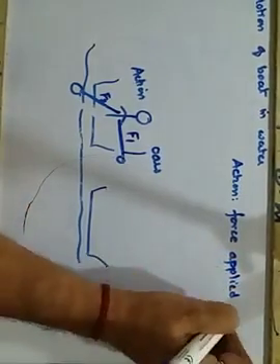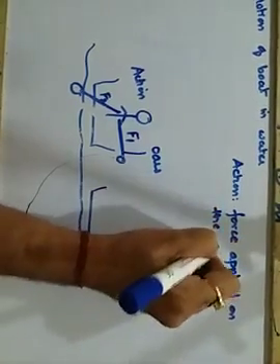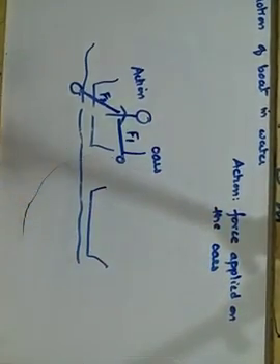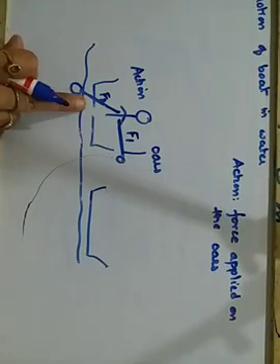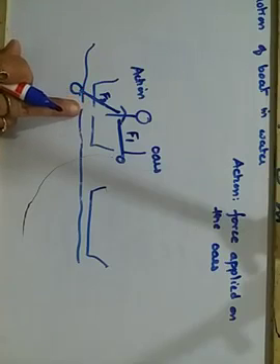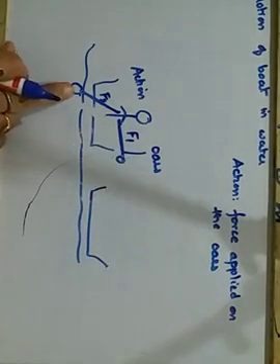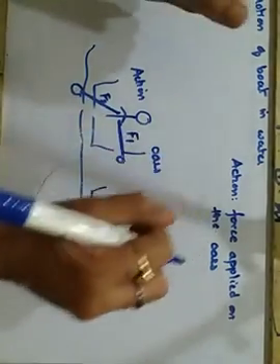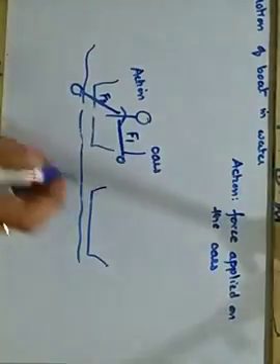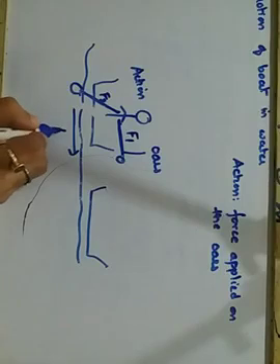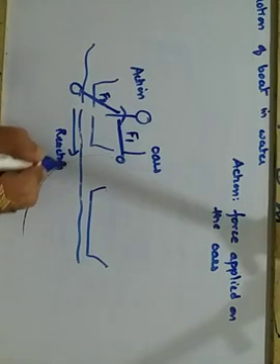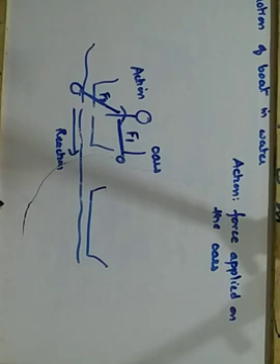The action is the force applied on the oars. So to move the boat ahead in water, the boatman pushes the water backwards with his oars. So what will the water do? When the water is being pushed backwards, it will exert a force in the forward direction. That will be your reaction force, the force reacted by the water, and the water exerts an equal and opposite force in the forward direction on the boat, due to which the boat moves ahead.